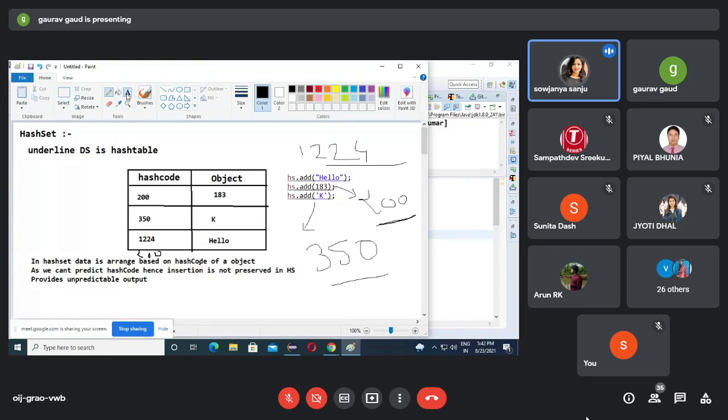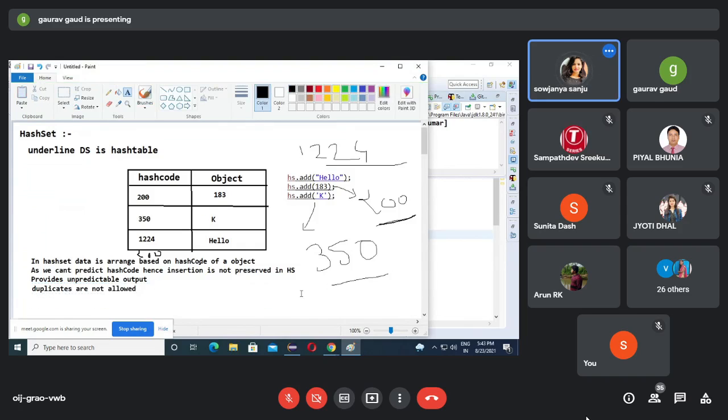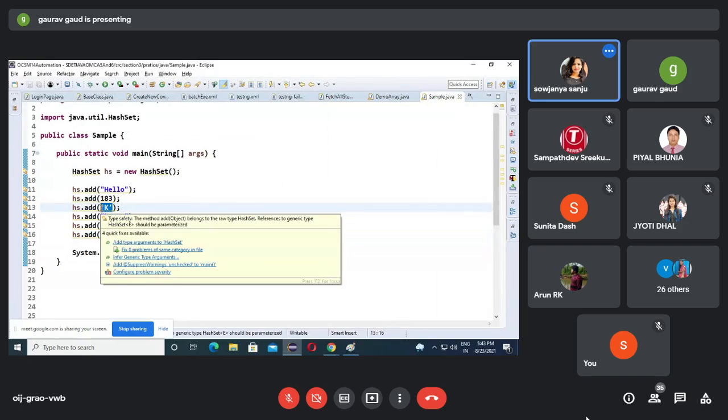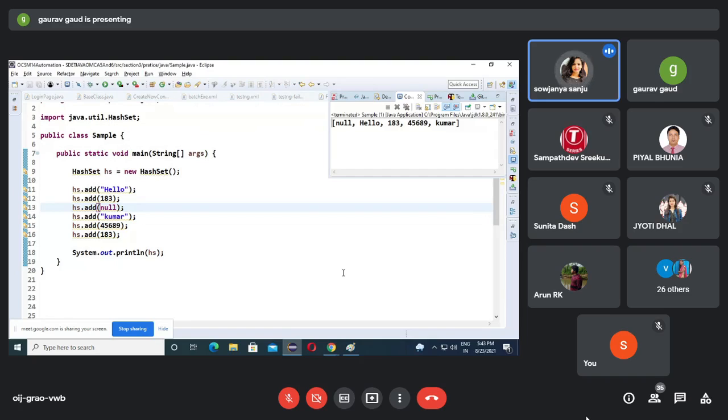Now what is the next point? Duplicates are not allowed. Now, who is left out? Null. I enter null. Is it accepting?